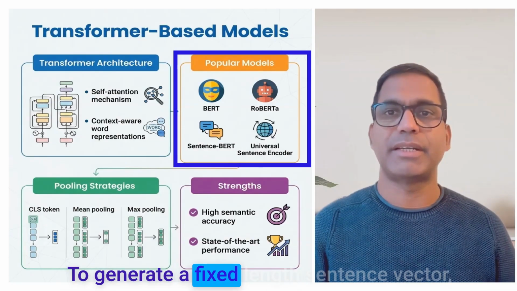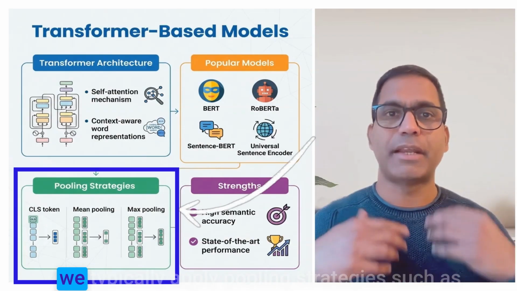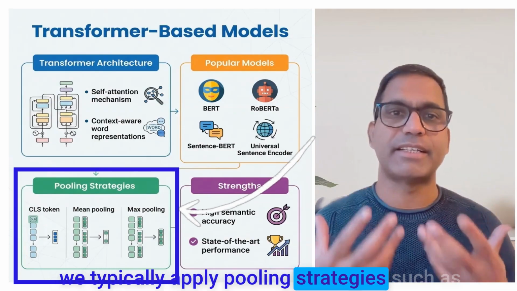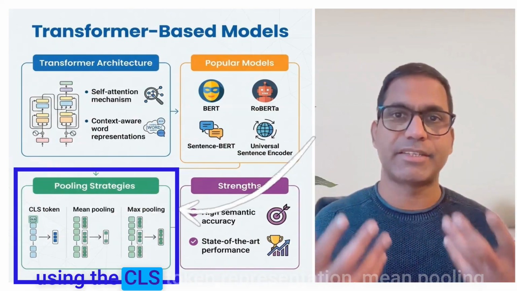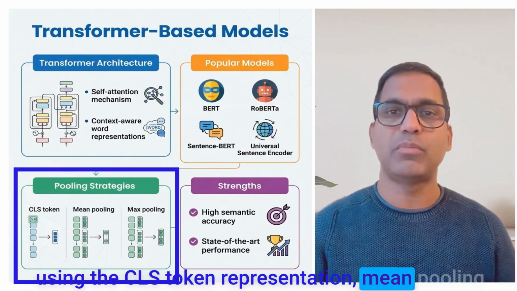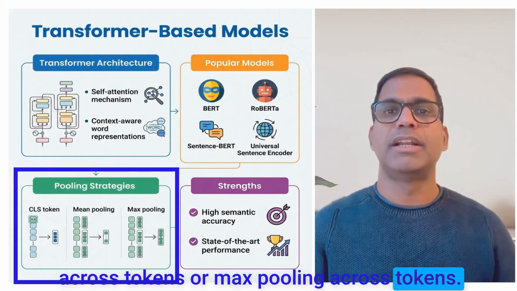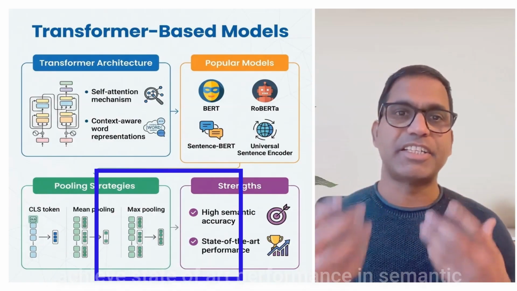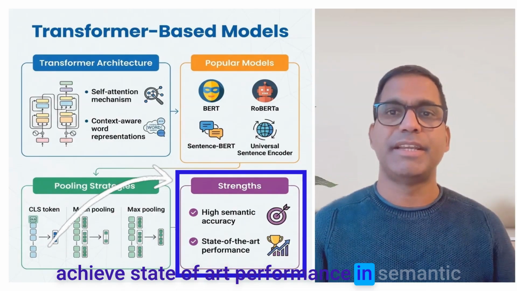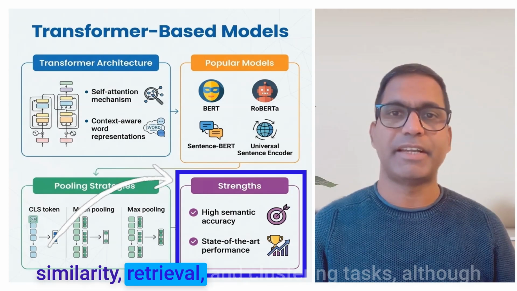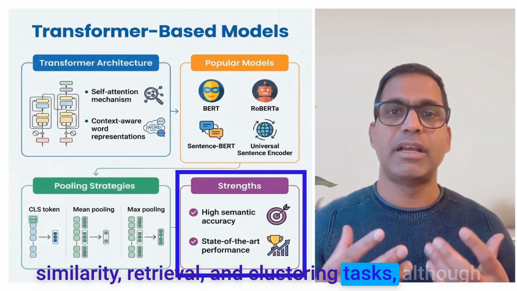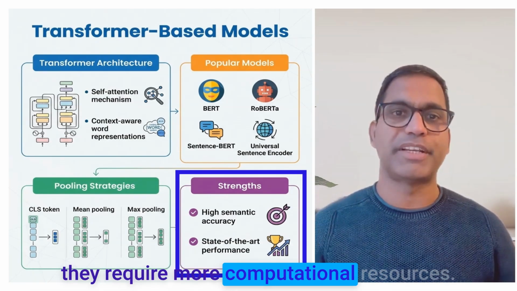To generate a fixed-length sentence vector, we typically apply pooling strategies such as using the CLS token representation, mean pooling across tokens, or max pooling across tokens. Transformer based embeddings achieve state of the art performance in semantic similarity, retrieval, and clustering tasks, although they require more computational